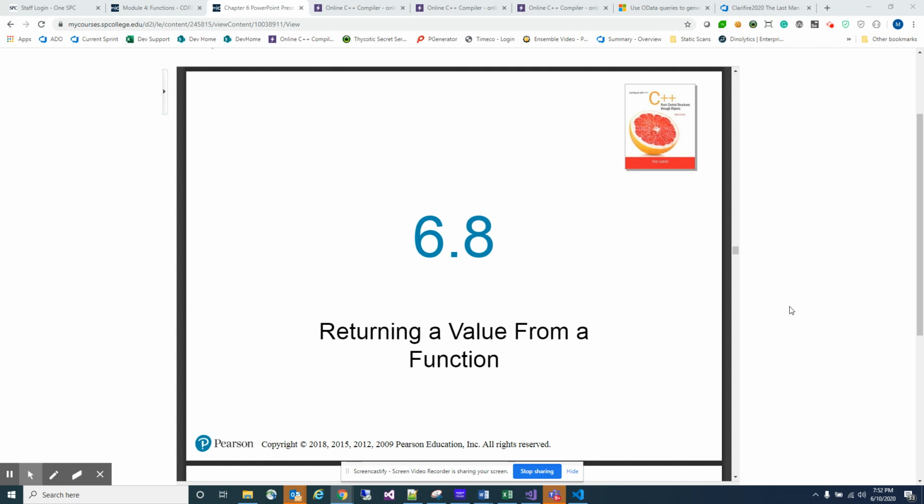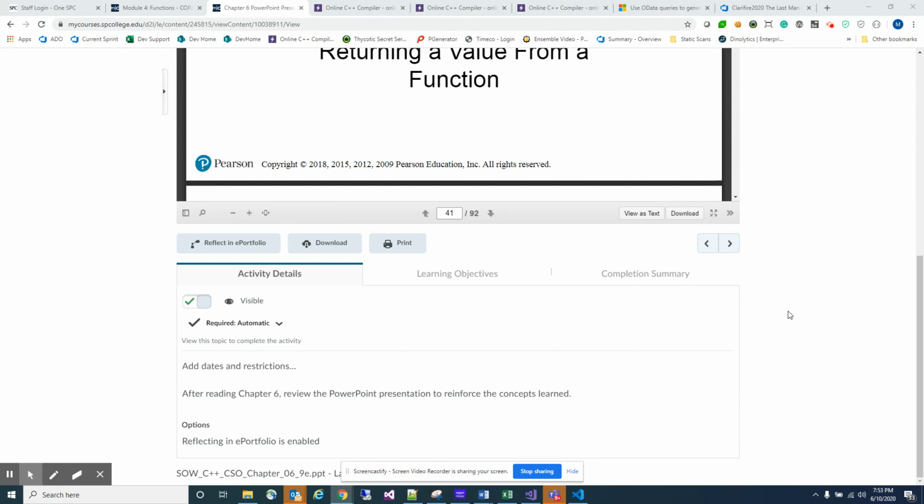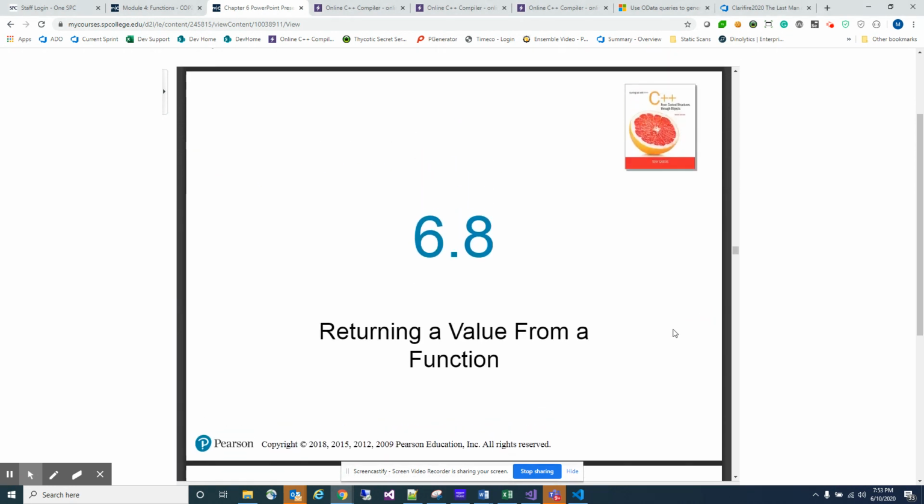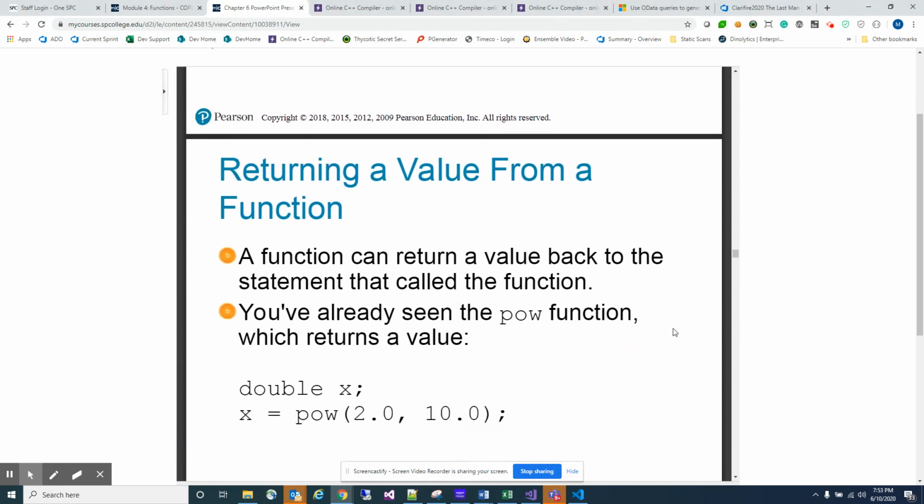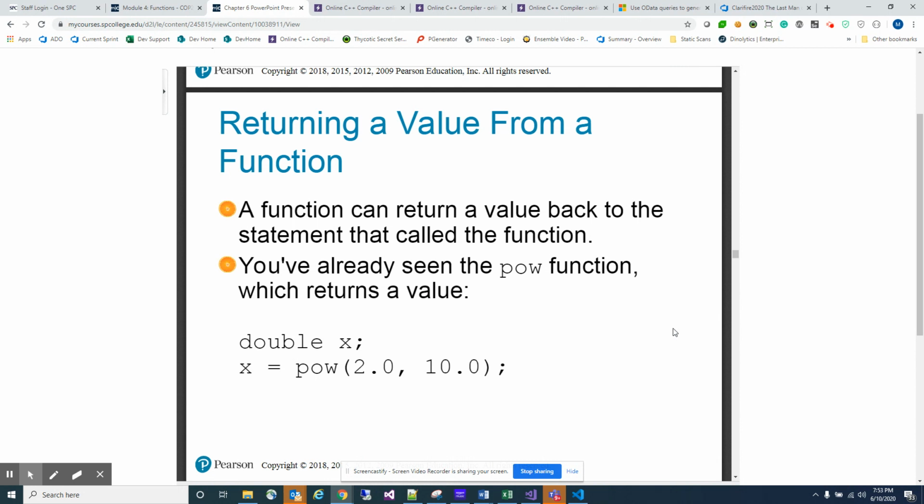All right, this is chapter 6. We're continuing on. This is part 3, returning a value from a function. So we've already discussed this a little bit. We've already been doing it a little bit with our int main, but we're going to talk about doing it